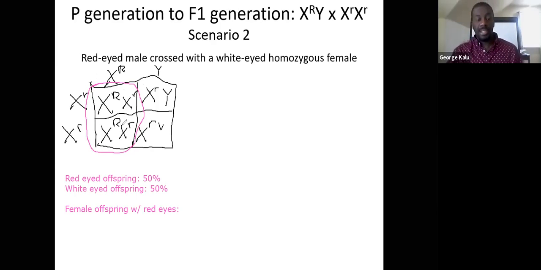So based off of this, if these are our females here, how many of our females are going to have red eyes? What percentage? We had two potential ones. So what do we think? Right, it'd be 100%. So you have two options here, and both of these offspring contain the red-eyed allele, the dominant red-eyed allele. So the females with red eyes,